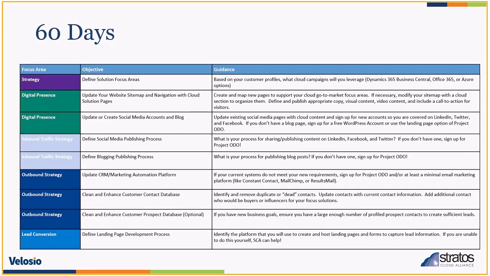The 60-day plan is more about getting everything ready. You've defined your focus area, you've got campaigns, you're figuring out how to leverage all these great solutions, you're updating your websites, you're doing very specific actions to help drive your digital presence, and you're beginning to start publishing and putting information out there on social media, livening things up. You're going to have a blogging strategy to help make things going.